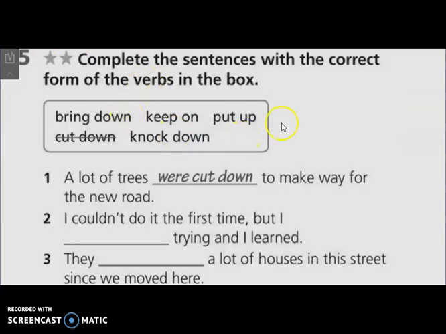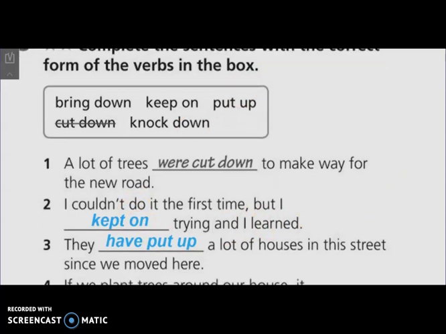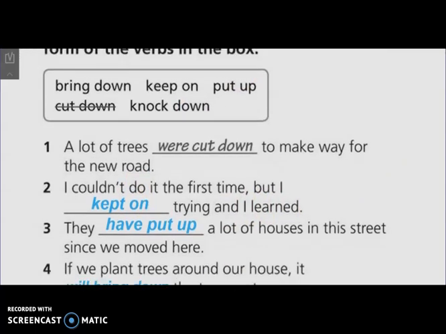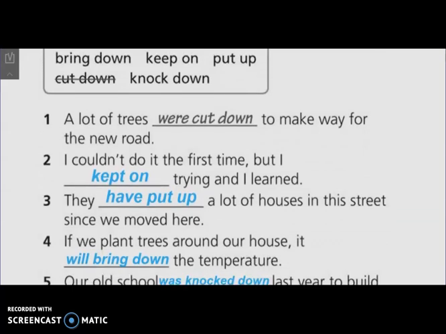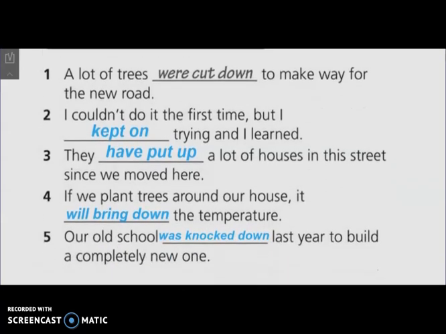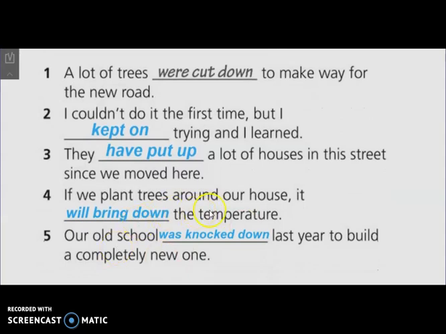Finally, we have to complete these sentences with the correct form of the verbs. Number 1, a lot of trees were cut down to make a way for the new road. Number 2, I couldn't do it at first, but I kept on trying and learned. Number 3, they have put up a lot of houses in this street since we moved here. 4, if we plant trees around our house, it will bring down the